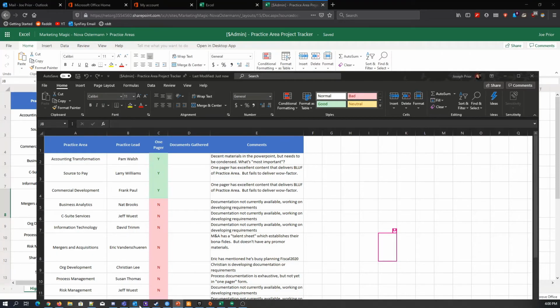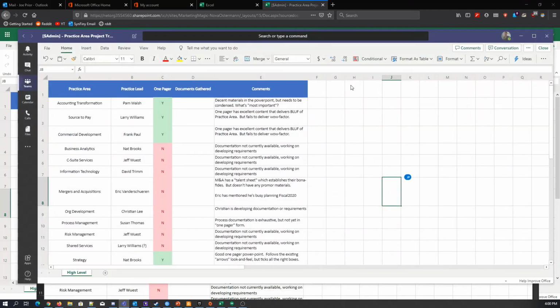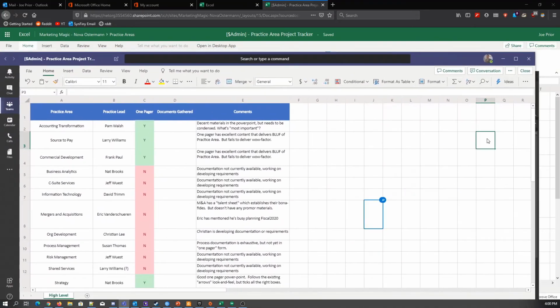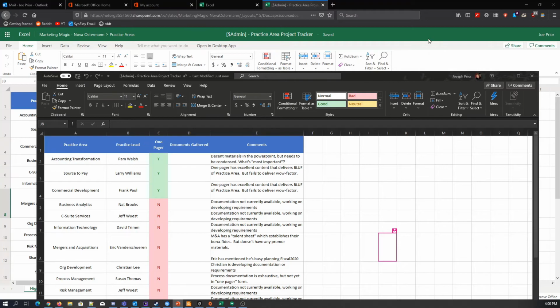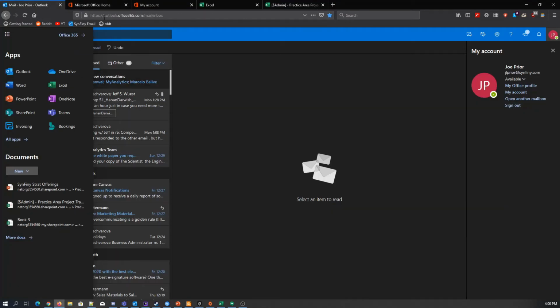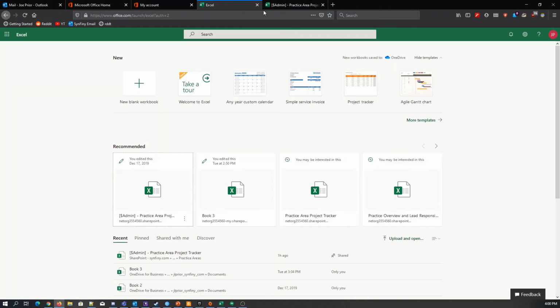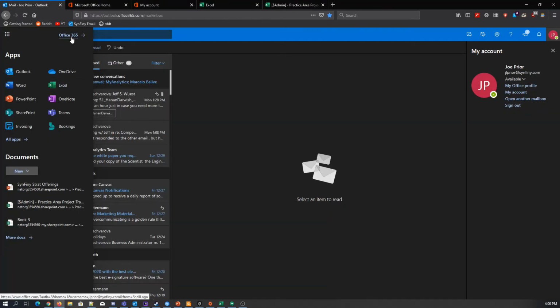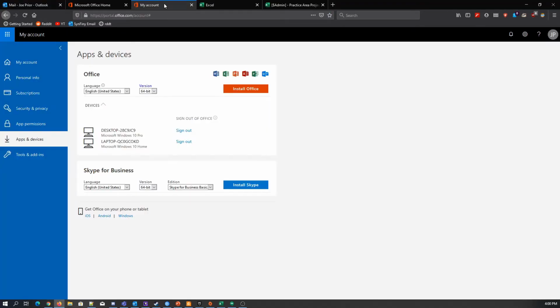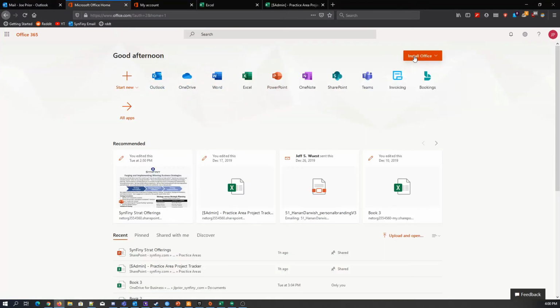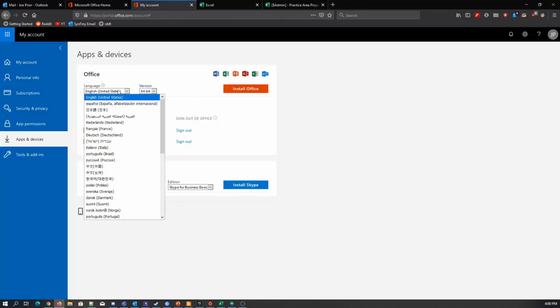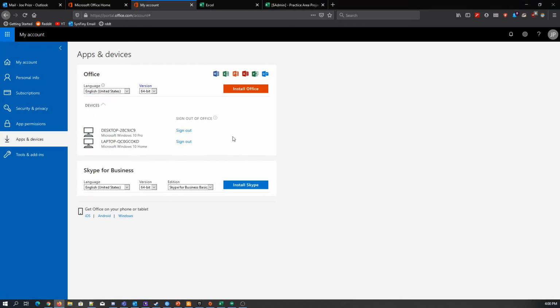You can get it through Microsoft Teams. You can see it here. You can get it through a browser, through your Symphony email, two different ways, right here and here. You can get it on your smartphone for the purposes of reading things, or you can install it up here and install Office. Or if you have a specific use case, for example, English is not your first language, you can install it here on my account under apps and devices, and you can install as a different